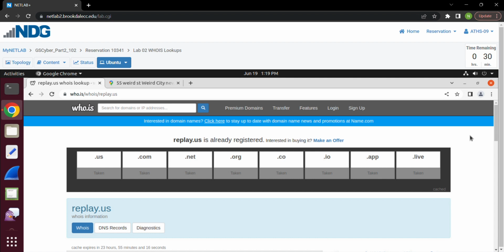zonix.us simply because this address is fake. It would be extremely difficult to find where this is located, if you even did at all. And I would also not pick hubble.us or replay.us because they do not have a clear registrant contact, which means that they would be harder to find. As for the rest, I think any of the answers could be right. Make sure that when you answer this question, you give an example of an explanation about what stood out to you and made you want to